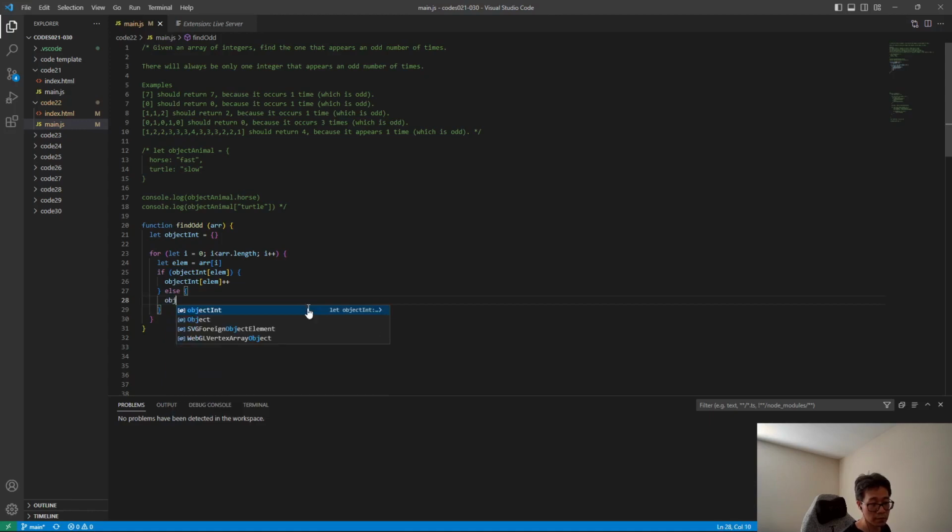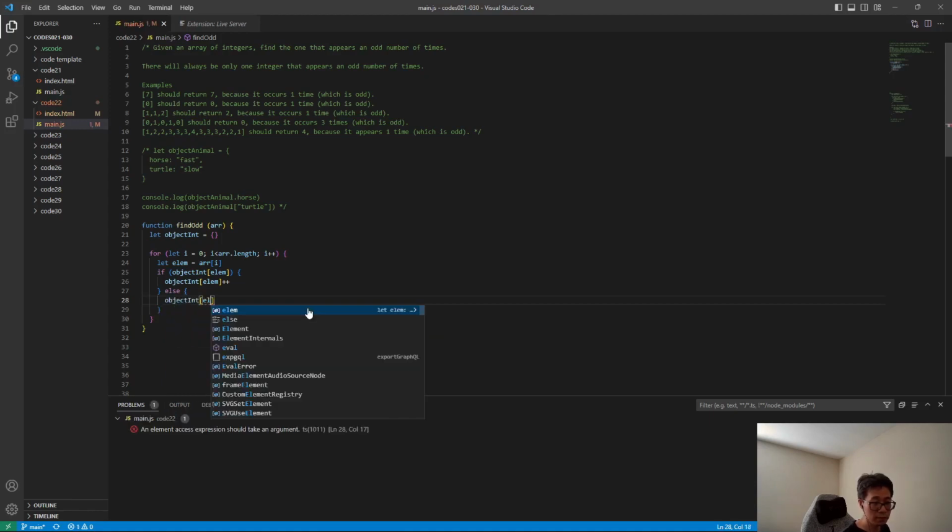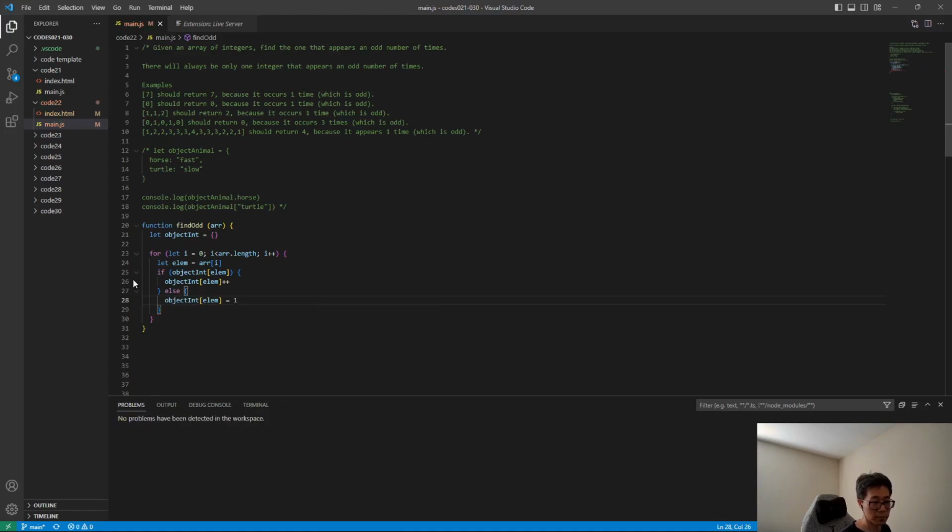Else, object int at element is going to equal 1. So let's talk about this logic here. What it's going to do is see if object int has a property named element. If it does, then it's going to increment element's value by 1. If it doesn't, then it's going to create that particular property with that name and set it equal to